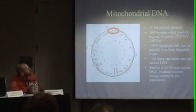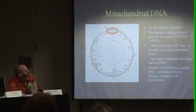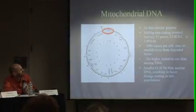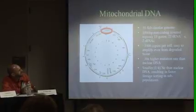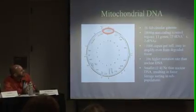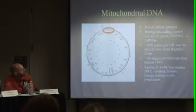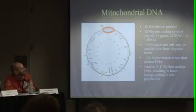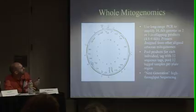That's the control region there, the 1,000 base pairs, but the mitochondrial DNA is actually this 16,400 base circular genome, and it has a number of different types of genes in it. And it's a tool that we've used a lot for a lot of reasons. I won't go over that. It's a good tool for understanding phylogenetics and phylogeography and even population structure. But when there's that little information in this little region, the logical question is what would we get if we